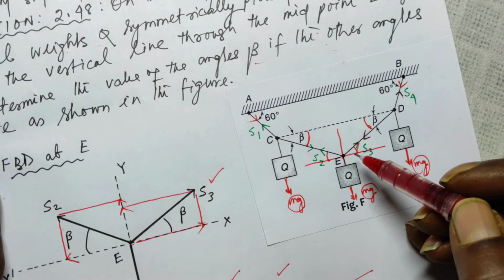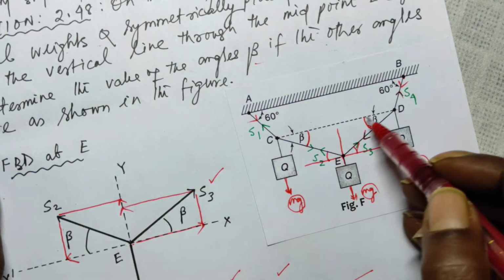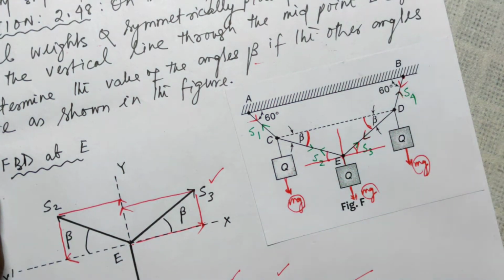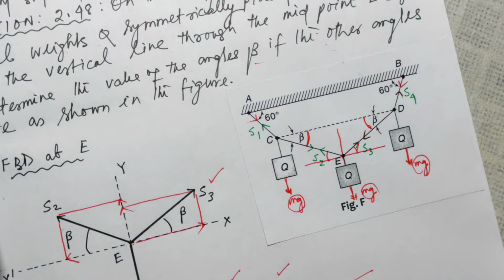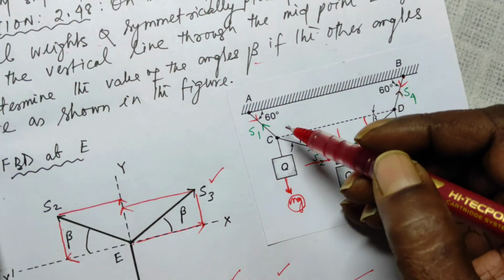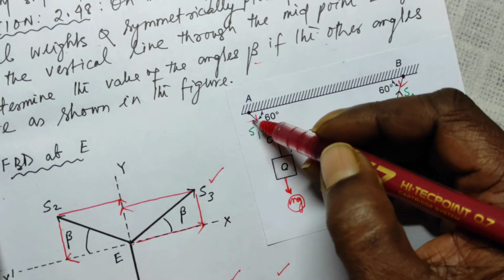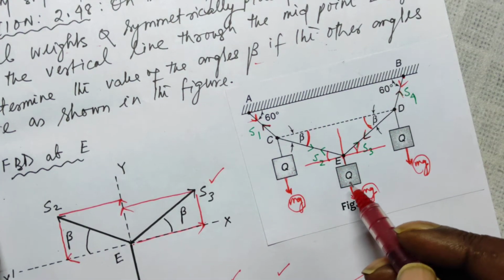Now, look, from E to D is equal to from E to C, and this is the horizontal line. So this angle is given as beta, this angle is given as beta. Now, we have to find that. Let in the part AC, let the axial force be the tension force. It will be the tension force acting away from the point C to this side. If you consider point A, it is acting to this side, S1. Similarly, in the part CE, the axial force is S2,